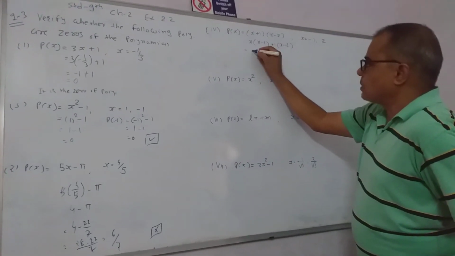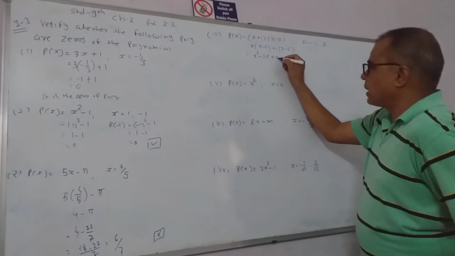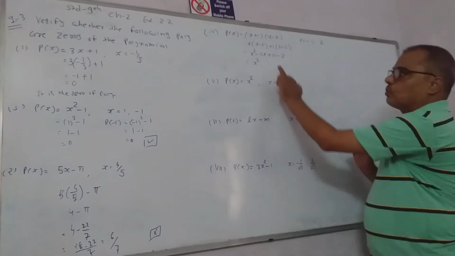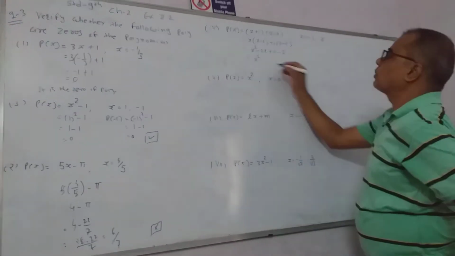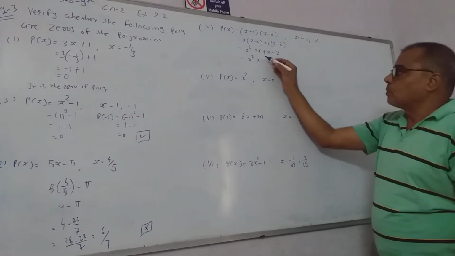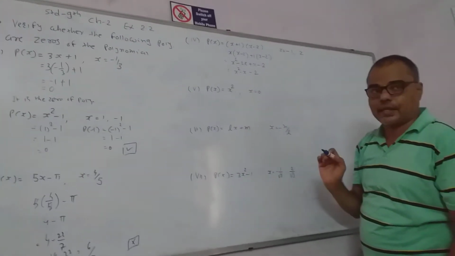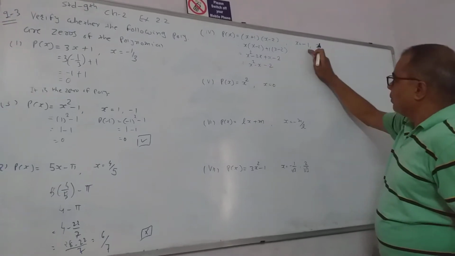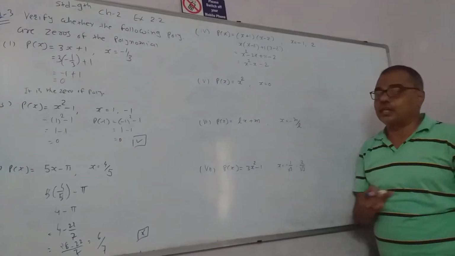So x square minus 2x plus x minus 2. So the answer will be x square. So both variables are the same. So you have to subtract 2 minus 1. So minus x. Minus 2. Understood? Minus 2 plus 1. You have to subtract and put the bigger one's sign. x square minus x minus 2. This is the polynomial. Now you can put minus 1 and 2. Thereafter you can decide it.